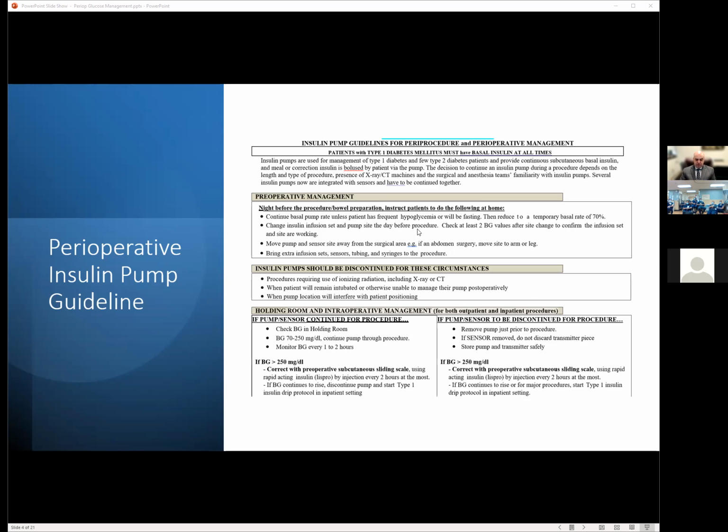They usually pay very close attention to the frequency of checks, and they have figured out ways of how to manage it successfully for the most part. So the big change here is that previously, the default was to remove the insulin pump in the pre-op area. Now the default is actually going to be to keep the pump and let the patient make some of the